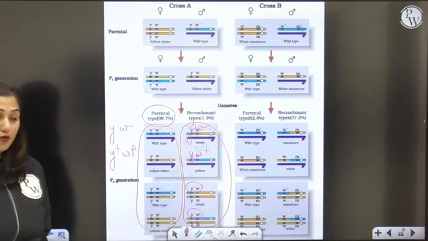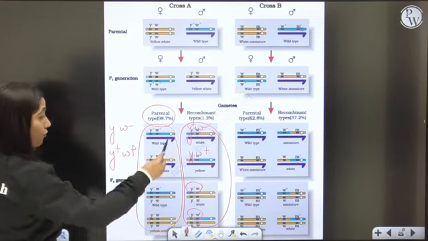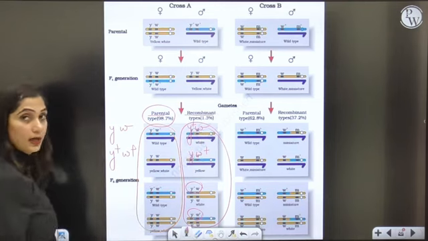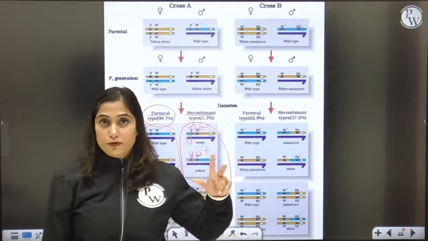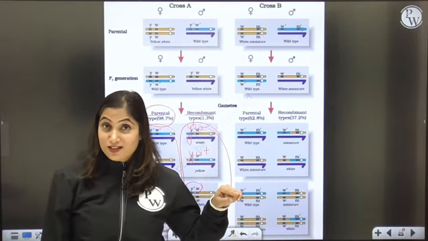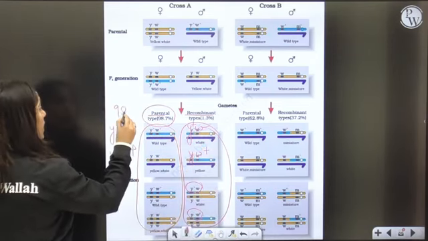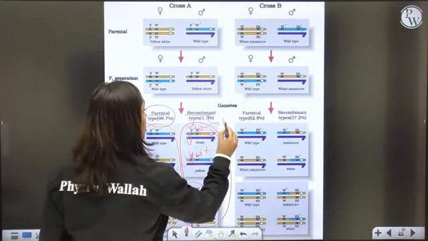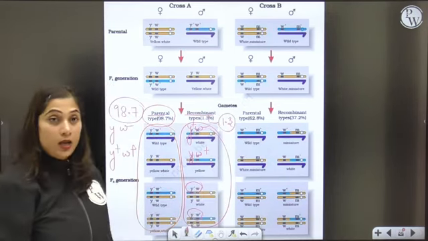So out of 8 offsprings in the F2 generation, 4 showed the parental combination and 4 showed the recombinant combination, right? But if it would have been an independent assortment, then a 50-50 ratio would have been there. But here, see what's happening. The parental types are 98.7% and the recombinants are 1.3%. See what I've just told you, that in complete linkage,